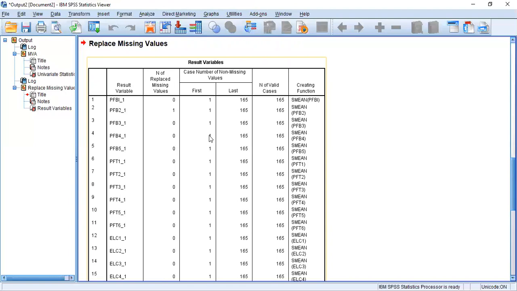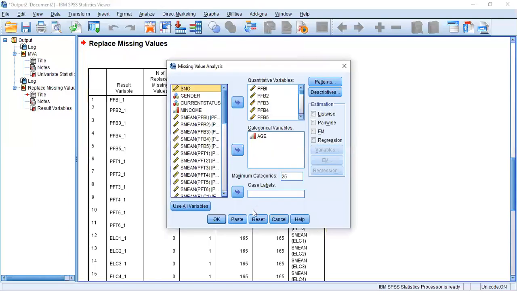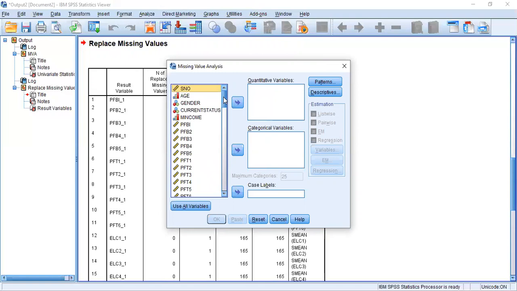So we have to verify whether the values have been replaced or not. For this, we will again go on Analyze, right? Click on Missing Value Analysis. First, click the Reset button, and now you see a new variable by the name of S mean PFB1 has been created, right?